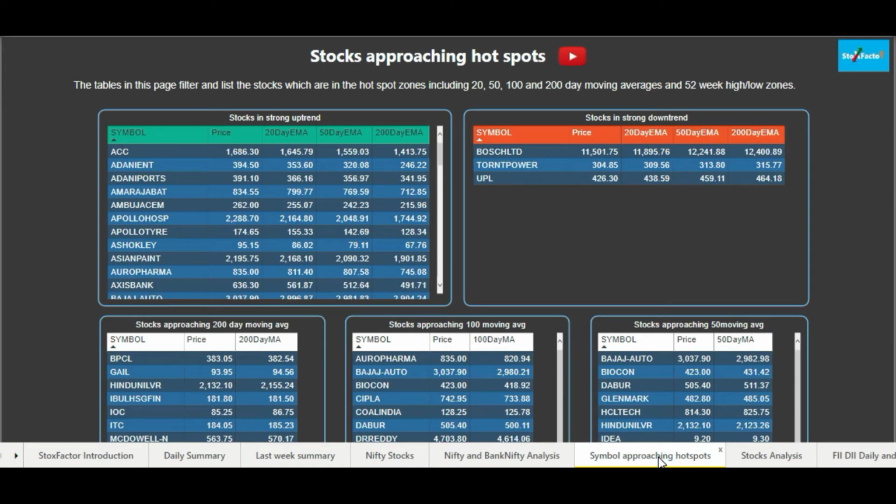Starting with the first two tables, the first table on the left shows you the stocks which are in a strong uptrend. We have already filtered those stocks from the FNO stocks. As you already know, there are around 130 stocks which are tradable in the FNO segment plus in the cash segment also. We have only kept the stocks in the FNO segment because those are the quality stocks, including all the Nifty 50 stocks plus the quality mid cap stocks. From those we have filtered the stocks which are in a strong uptrend.